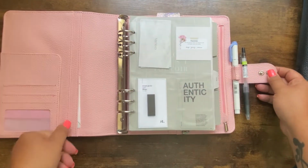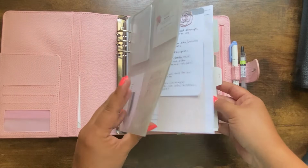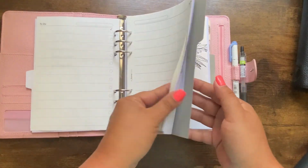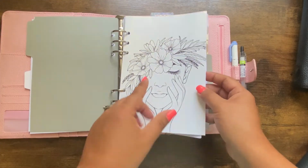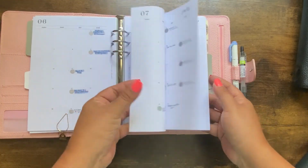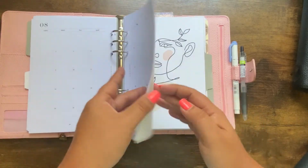So this is set up specifically for school. So I do have, again, some elements of deco, but it's mainly functional. I have to-do lists, that's from Susie Shop, that's pretty. I have monthlies where I color code my assignments. And then I have weeklies,